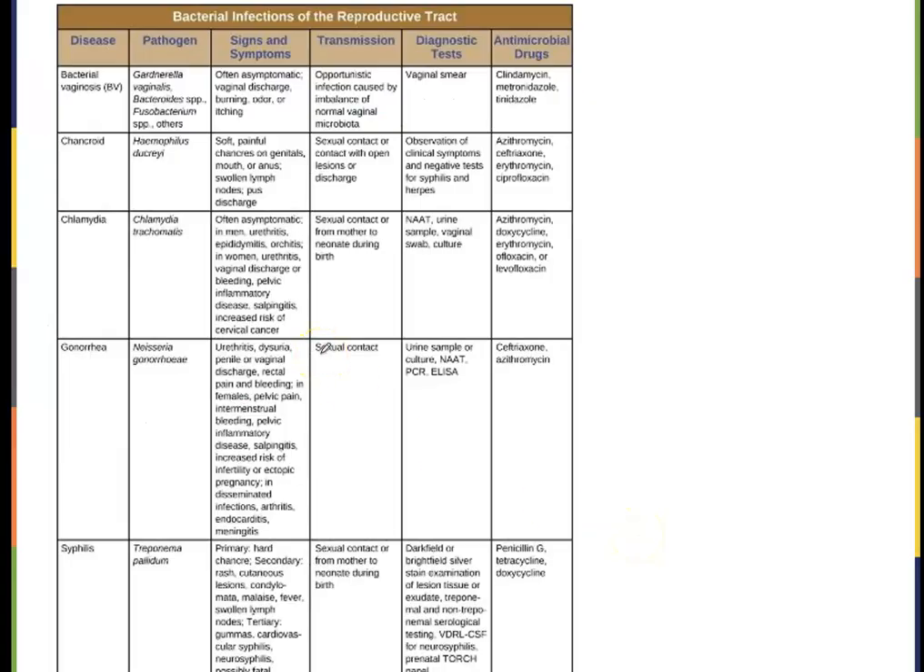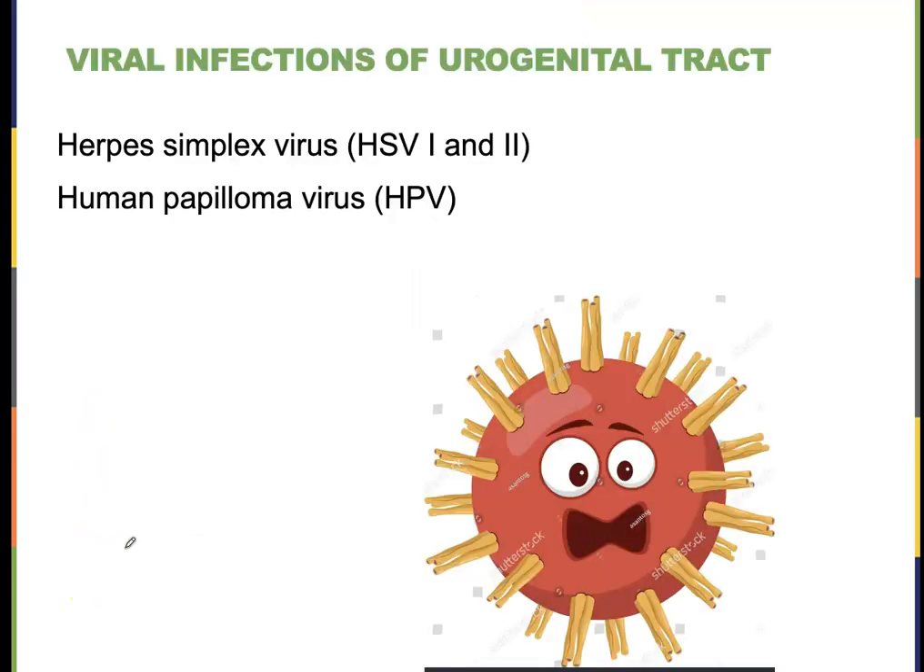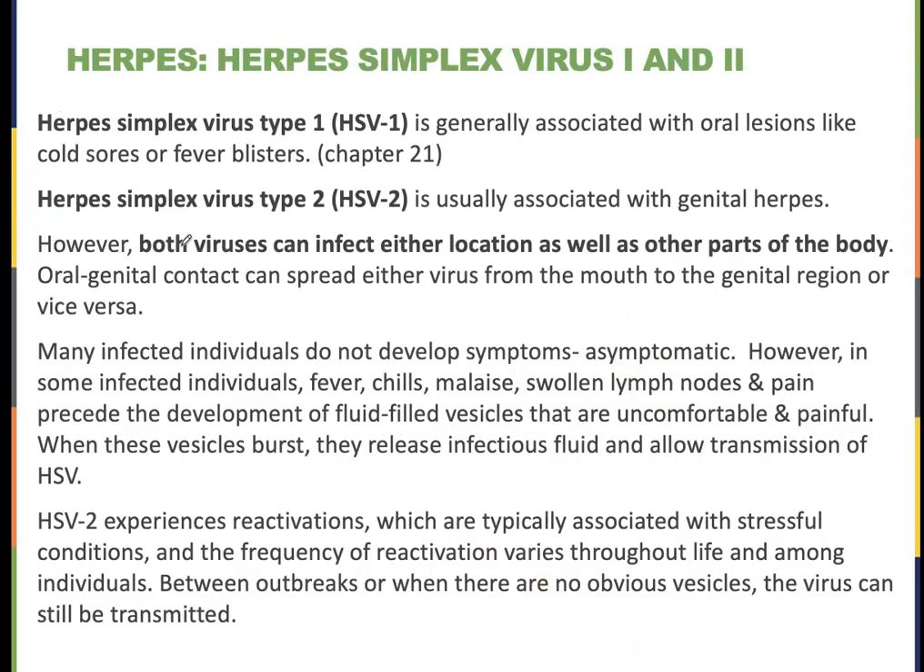All right, so we're finishing up the bacteria. We covered vaginosis, we covered chlamydia, we covered gonorrhea, and we covered syphilis. We're moving on to viral infections now. So we have two viruses to speak of, herpes and human papilloma. Herpes viruses, there's two herpes viruses, herpes simplex virus 1 and 2. They are both going to be associated with a lesion, a blister, and type 1 is most